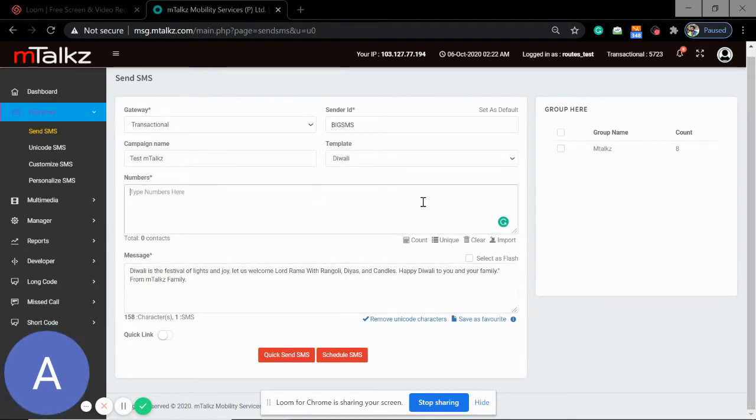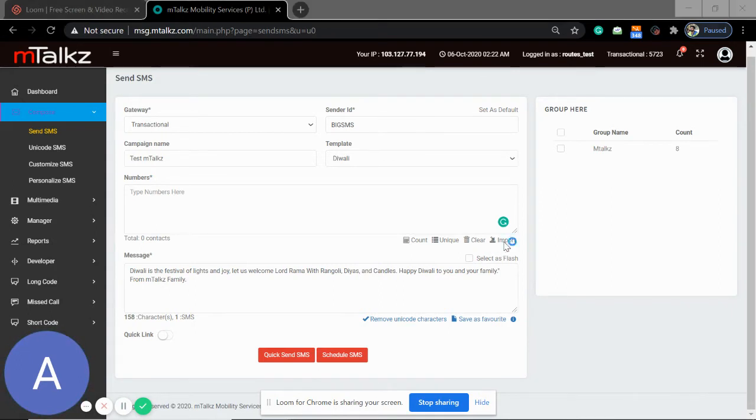Now this is the number box, or you can say number portal. Here you can either manually type your numbers, where each number is separated by the enter key, or if you want, you can also upload a file of your contact sheet.